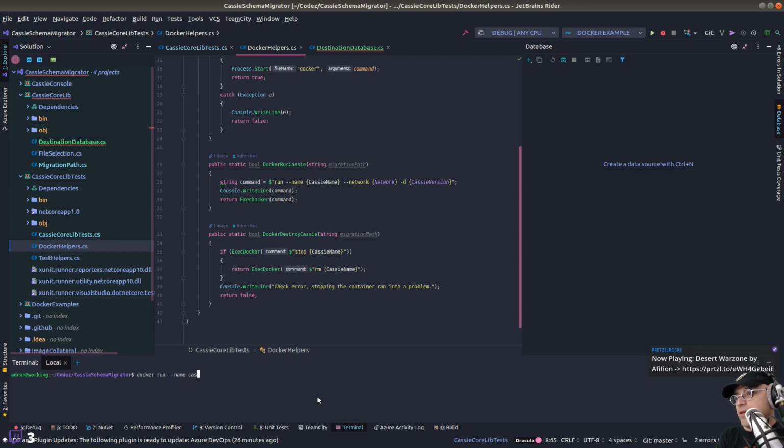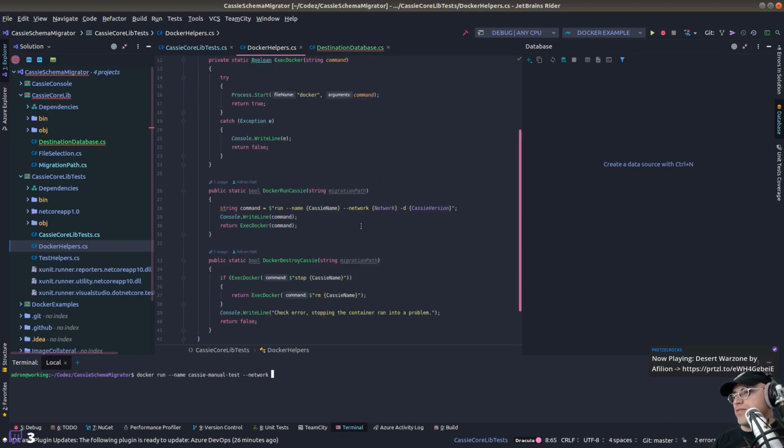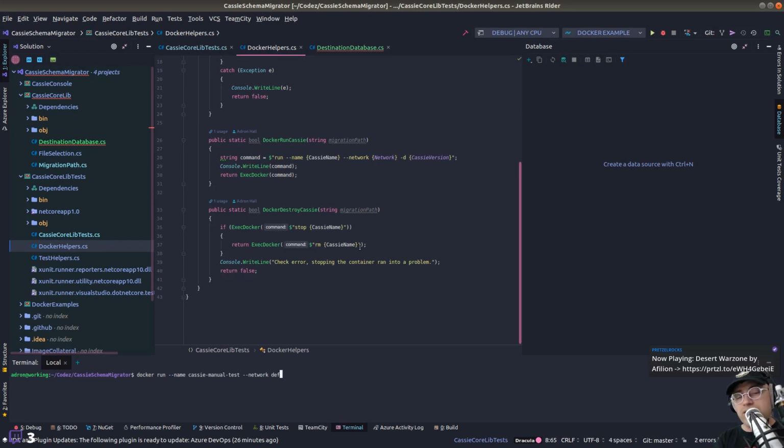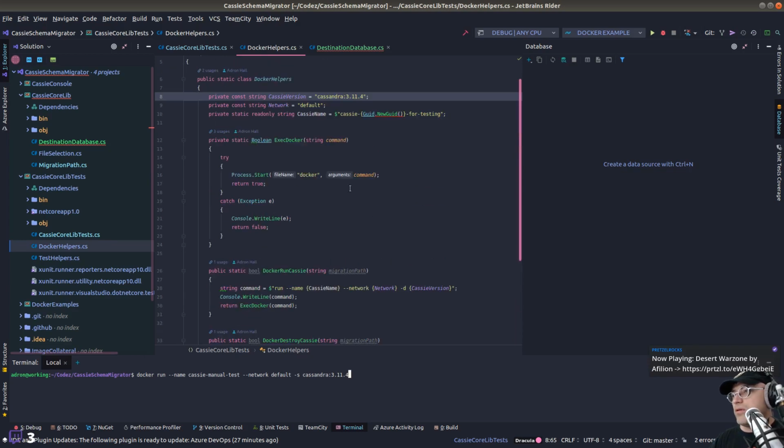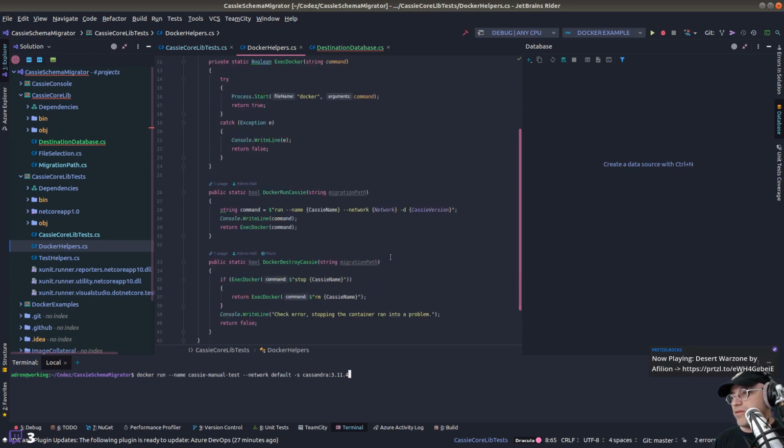We'll say Cassie manual test network. What is the network? What did I call it? Oh, default. We're putting it in the default network. Default -d. And then Cassandra 3.114. Whoops, 4. Right? 3.114. Yes. Okay, so if we do that,